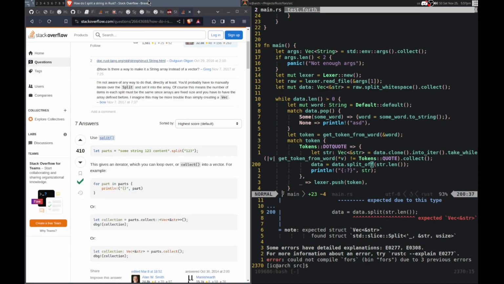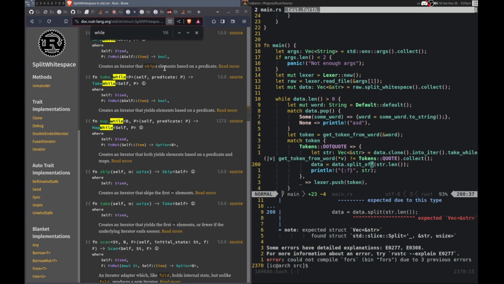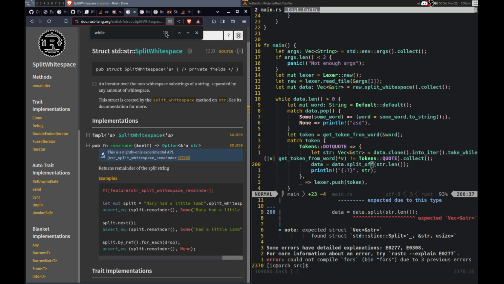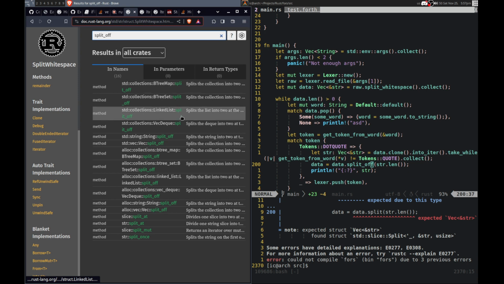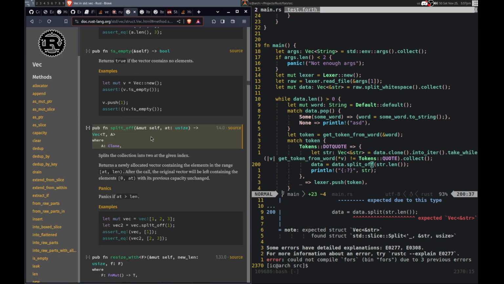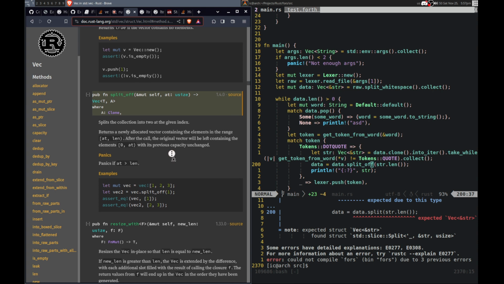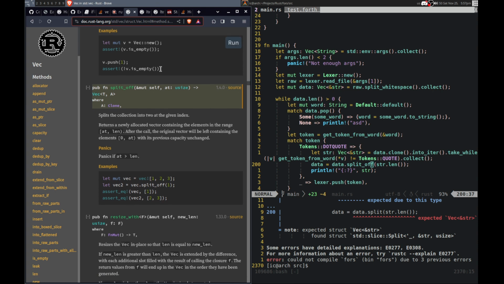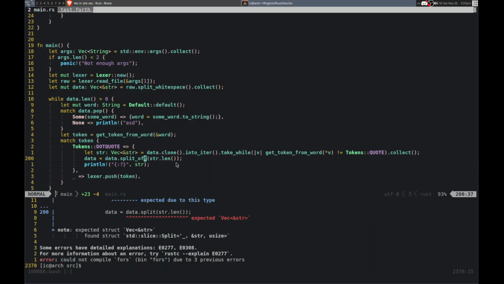Let me look at the split off again, actually. Do I still have that open? No. Split off. Is it? Yeah, split off. Right. Yeah, I think that's just what I want. So,